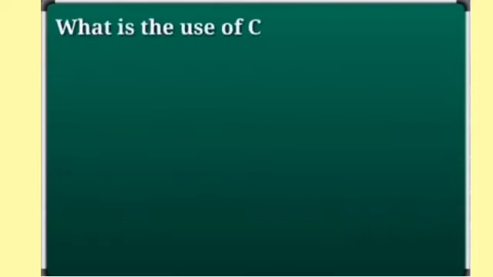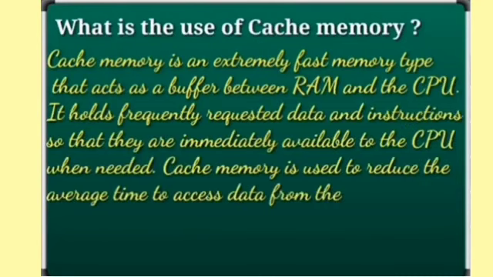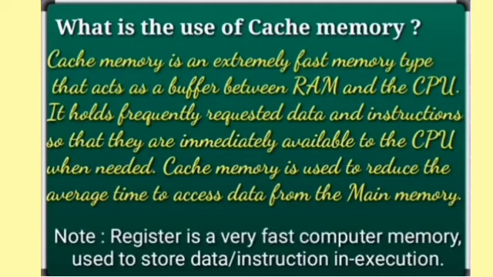So now let us look into what is cache memory and what is the use of the cache memory. It is actually a memory which is placed nearest to the processor, and this memory holds the requested data and instructions from the user, which is immediately available to the CPU, and it is also capable of reducing the access time from the main memory. So to access the data more quickly and frequently, cache memory is placed nearest to the processor so that instead of getting it from the main memory, the data can be accessed easily and quickly from the cache memory of the computer.